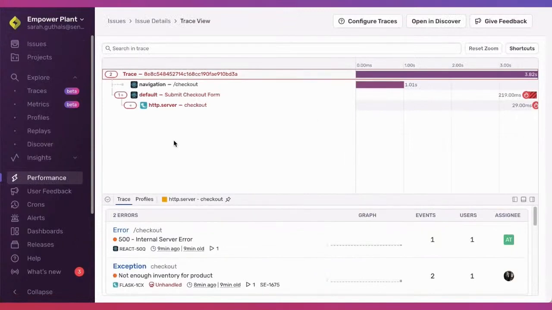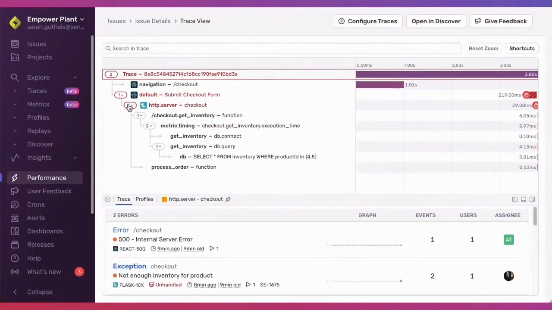So this is our full trace view. And don't worry, this isn't everything. We actually have a lot more information about this trace that goes all the way down to the back end. So we can see that we navigated on the front end to checkout and that we clicked that submit checkout